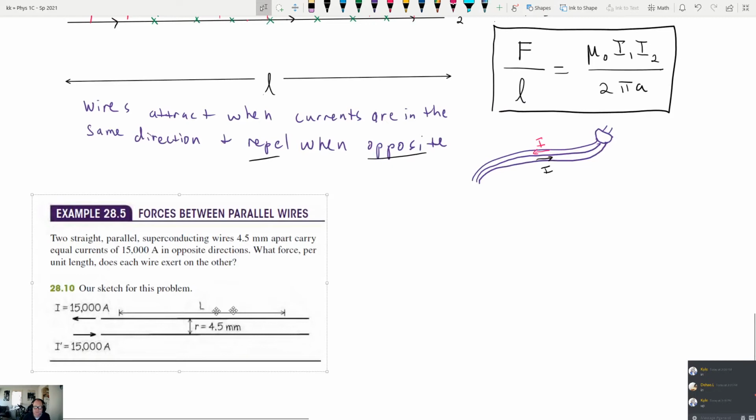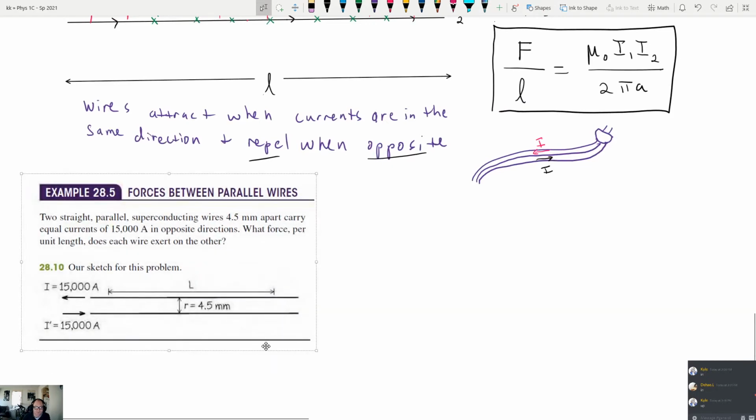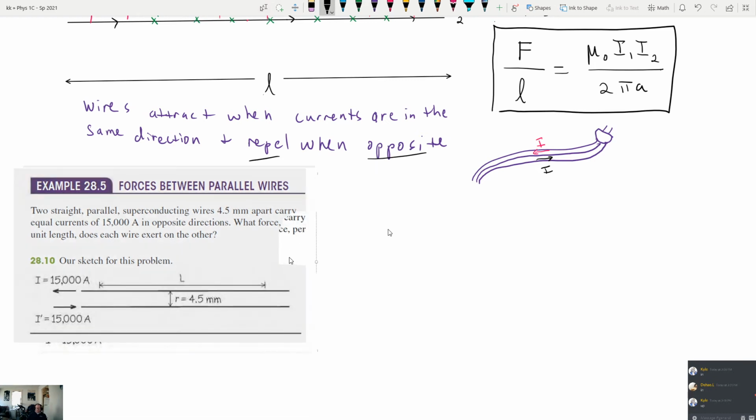Really easy calculation. So we can see the formula right there. We have two parallel wires. They're 4.5 millimeters apart. They carry equal currents of 15,000 amps in opposite directions. What force per unit length does each wire exert on each other? Okay, pretty easy to do this calculation. So the force per unit length